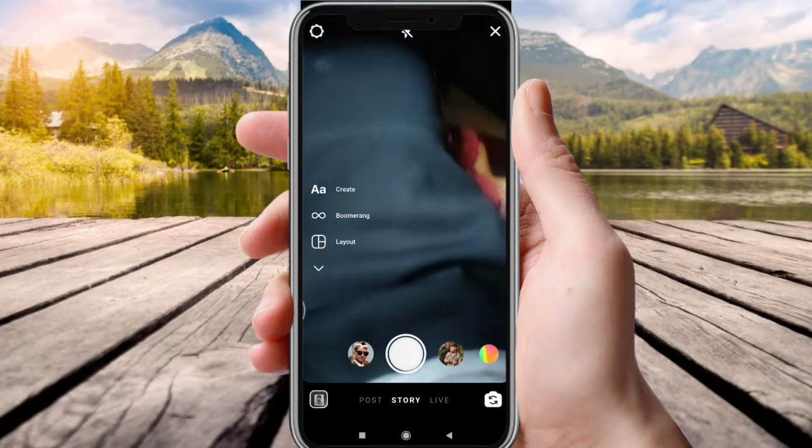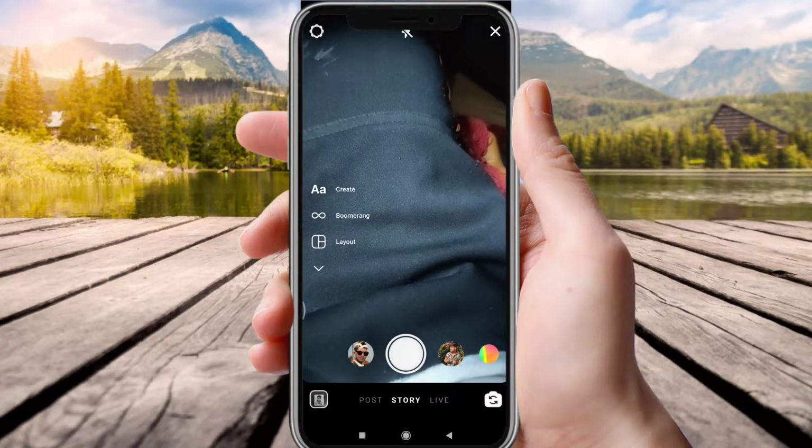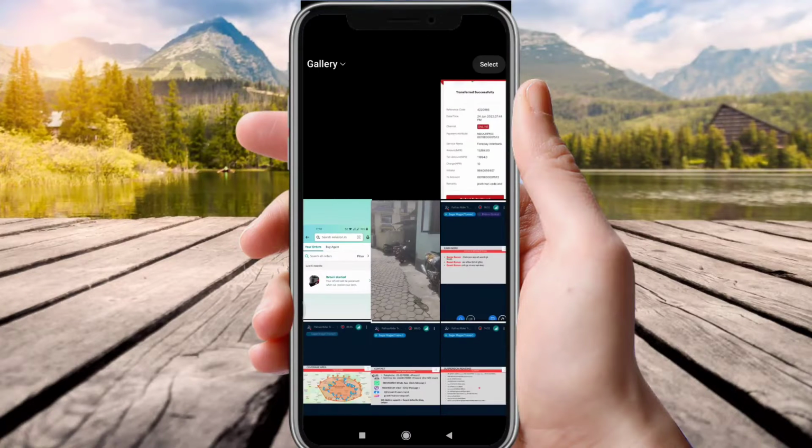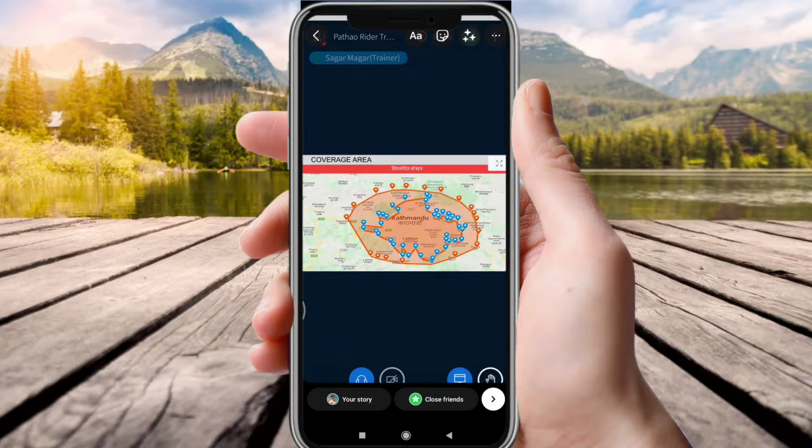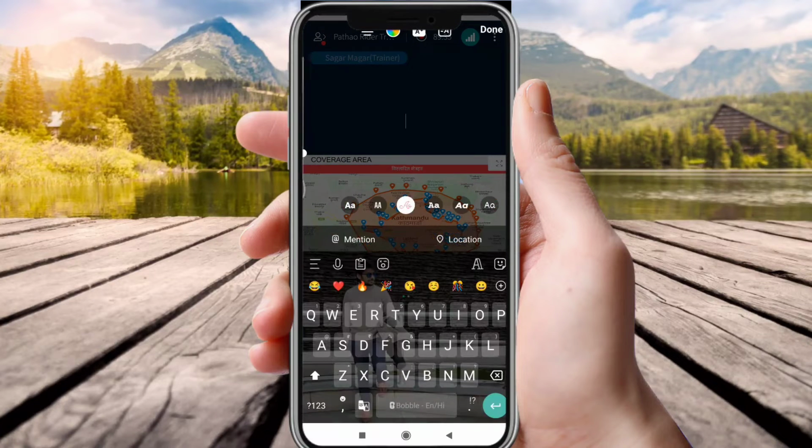Now you will see the options here. You can choose it, and I've selected this photo. After that, you will see here the letter capital A and small a. Tap here and just write whatever you want, and then just after writing here, the